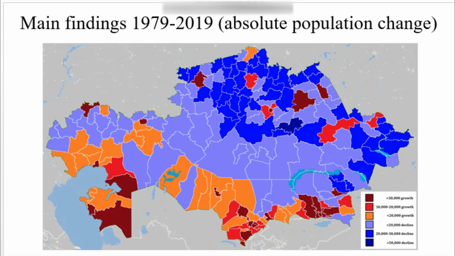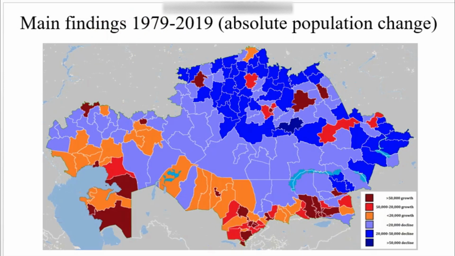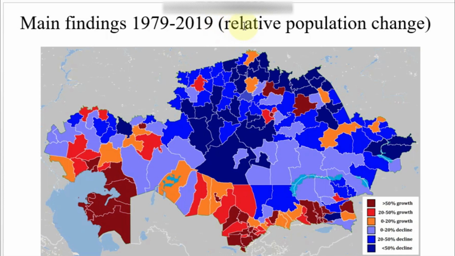In overall terms, during this period, we have seen 25% of population growth. So it means that these few areas with population growth account for most part of the population growth for this period. So this is in relative terms,